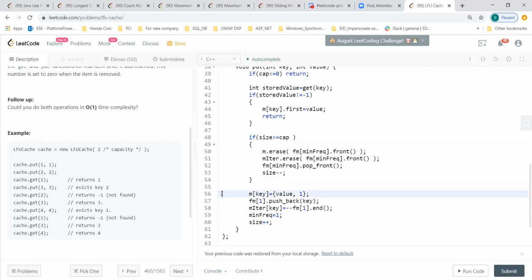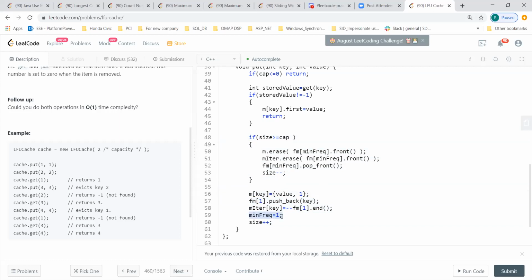But before that, if you look at the way he is doing over here, he's going to this key value pair map. He's just updating that because that's the first time he's putting any of that. So the frequency will be 1, right? And so using this frequency 1, he's just pushing that at the end, correct? And then the same thing he's doing for the iterator. He's updating that iterator. And then the minimum frequency will be 1 in this case.